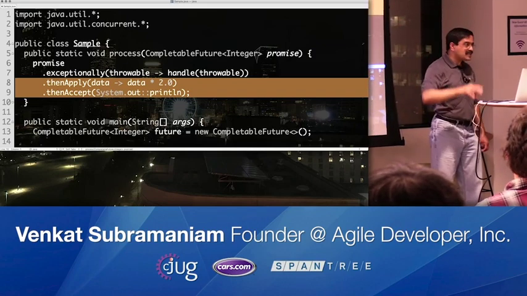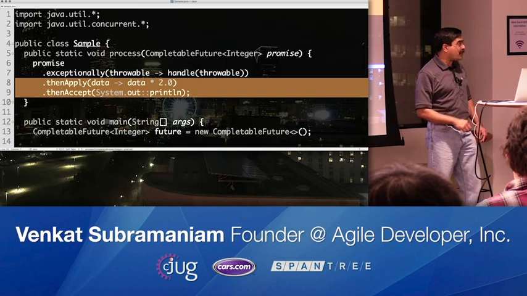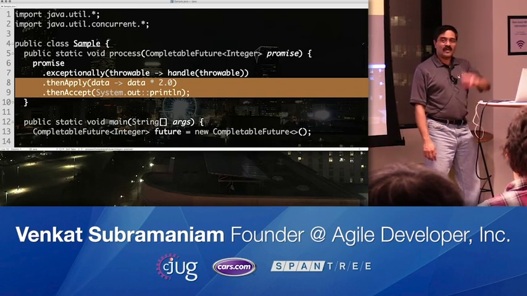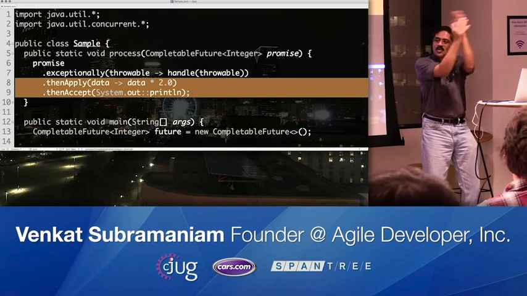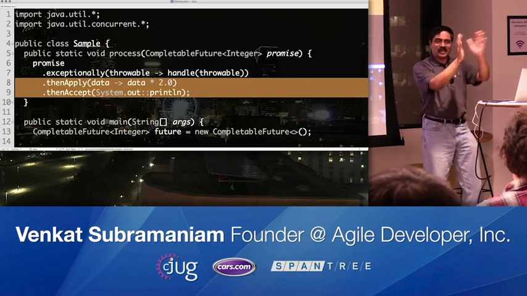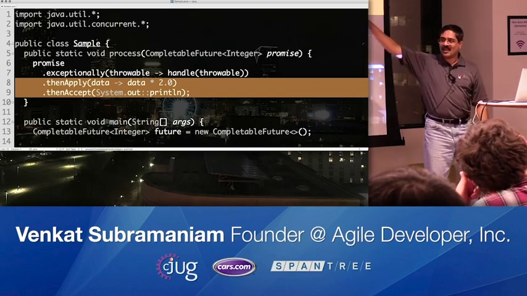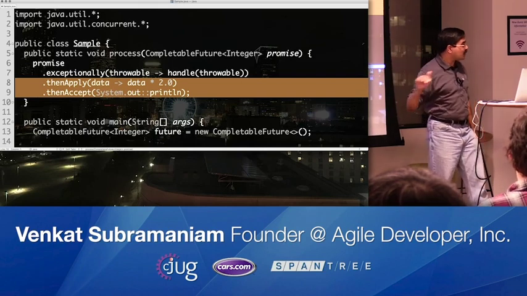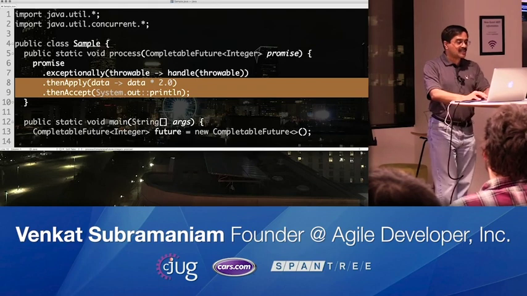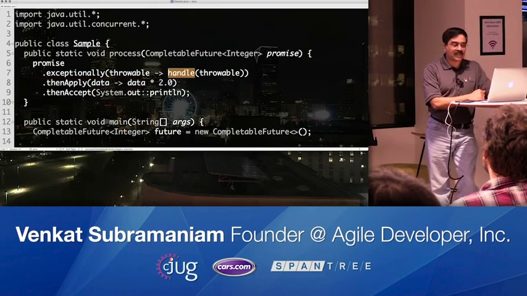If you want to only see the left path or the error path, don't look at the then, only look at exceptionally. So these are the two paths, but they're kind of intertwined, and you have to look at one versus the other. You have to read the lines depending on whether they start with then or whether they start with exceptionally. So in this case, what am I going to do with the exceptionally?